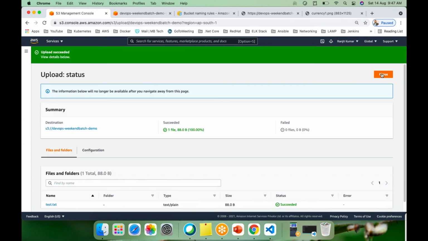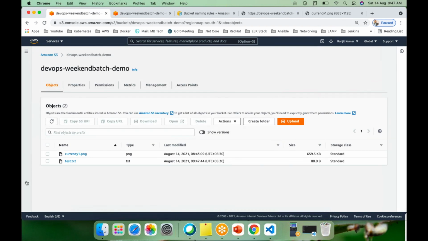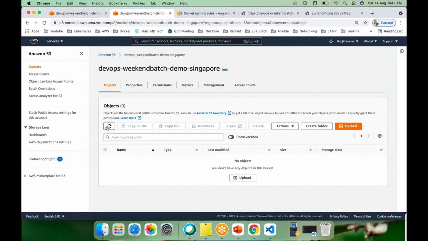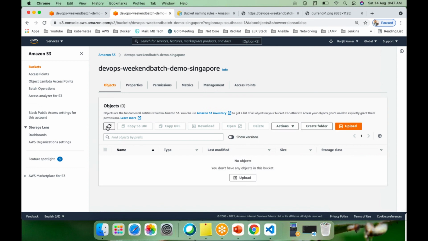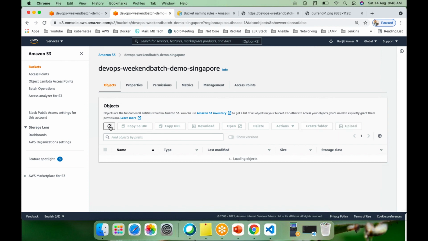Now let's quickly move on to the bucket here and just refresh it. As the replication has started now, we will not have the files. Now let's change something. I just added a line called fourth line.